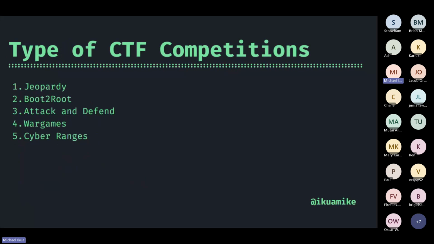So let's look at types of competitions. We have Jeopardy. Jeopardy here is the type of CTF that is set up into categories. So your binary exploitation, your web application, your mobile applications, reverse engineering. So that kind of thing where you have a single challenge, allocated points, and a difficulty. So you are given, let's say, one basic web app. It's rated easy, and it has some points attached to it. And then during that competition, you have like 10 categories with maybe 100 challenges.